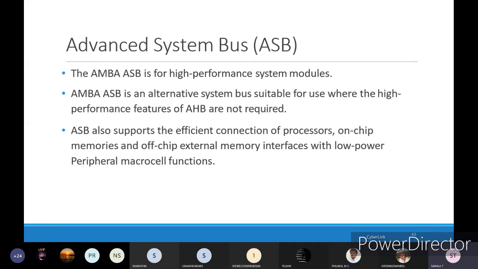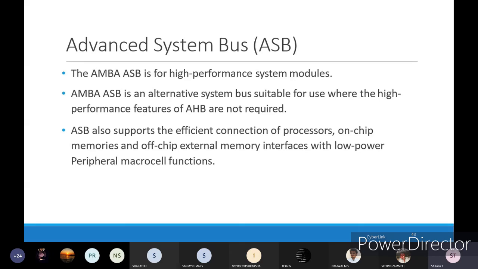Advanced System Bus, that is ASB. The ASB is a high-performance system module. ASB is an alternative system bus suitable for use where the high-performance features of AHB are not required. Wherever AHB is not required, ASB is a little less performant, or slower, compared to AHB.